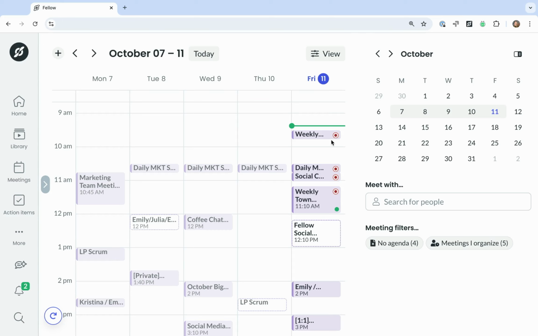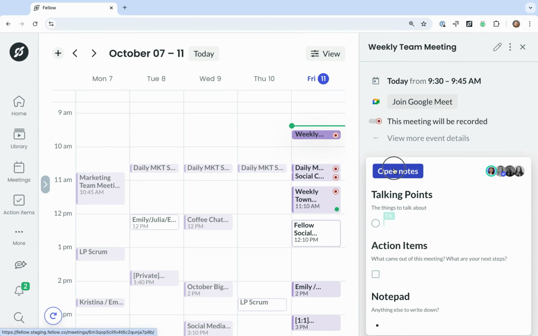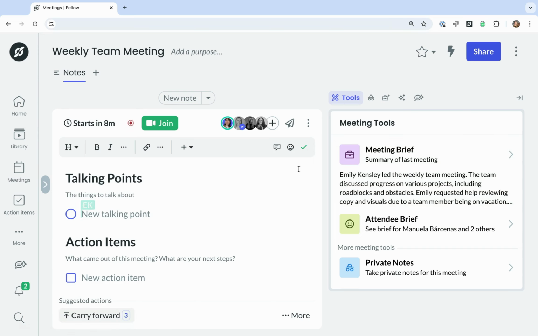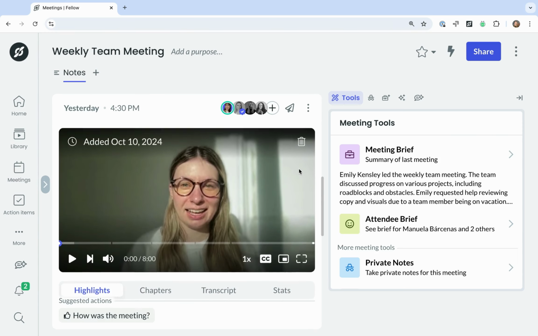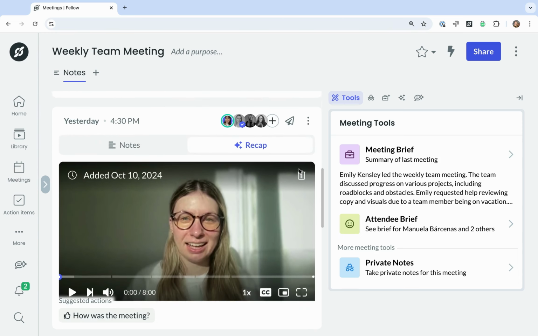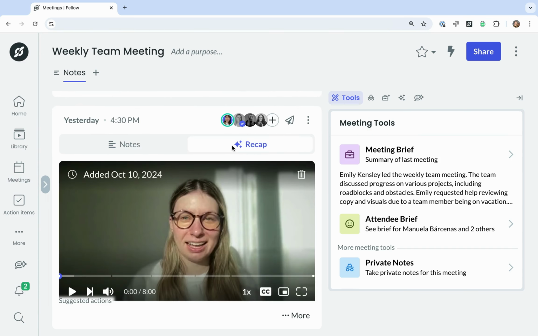Here's how to get started with team meetings in Fellow. One of the many benefits of having your team meetings in Fellow is the meeting series feature for recurring meetings. When you scroll down, you can easily see your previous meetings in the series, including the collaborative agenda and your